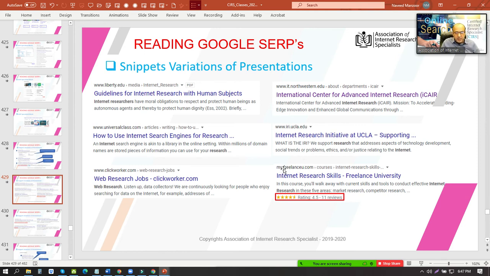So this is another way of looking at how the domain naming has to be searched and authenticated. Second thing is, in this one you can see that there is a rating of 4.5 right here. Whenever you see these ratings, you would also have to know that this piece of information is a set of indicators, not to be imagined in the sense of how this snippet is laid out,